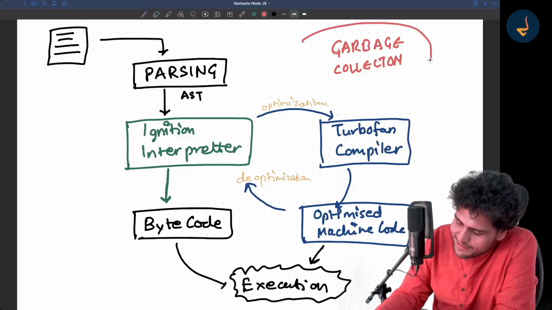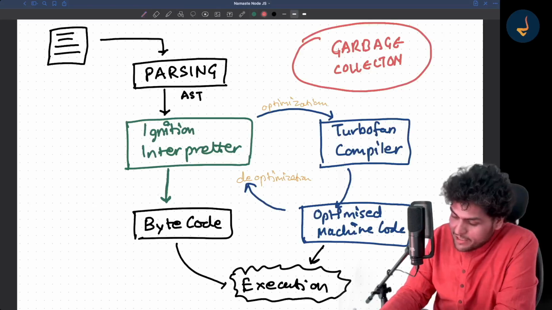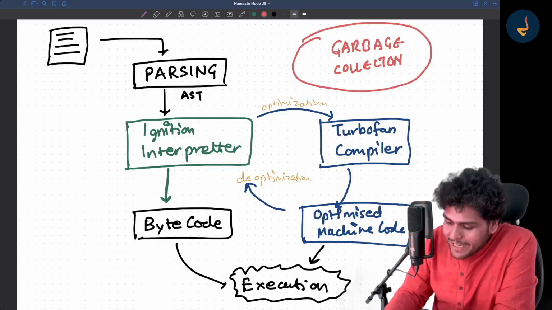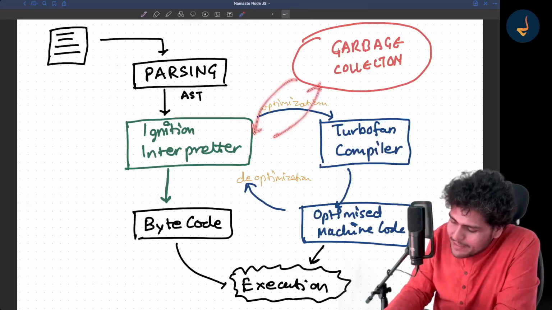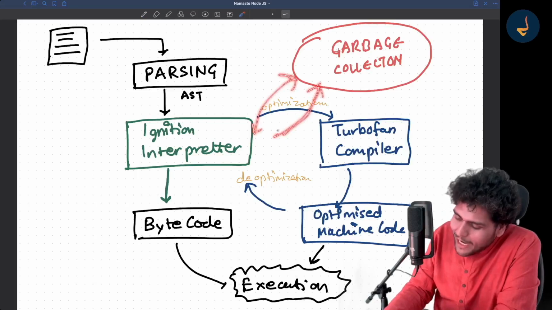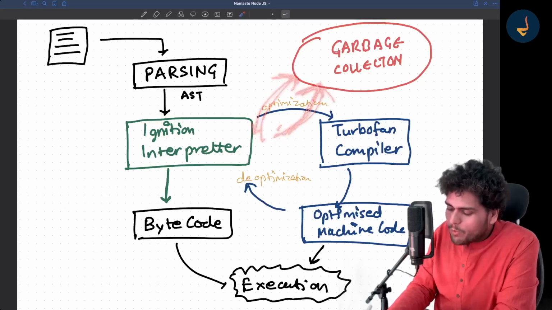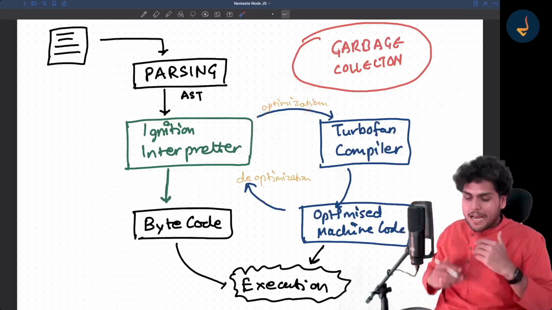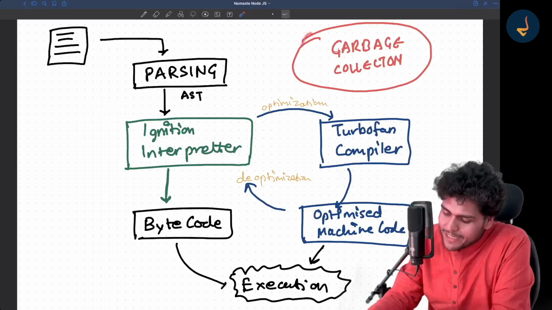So this is garbage collection. That is happening simultaneously, my dear friends. This garbage collection is happening simultaneously along with running the code. Ignition interpreter, TurboFan compiler, and garbage collection are happening in parallel by the V8 engine.